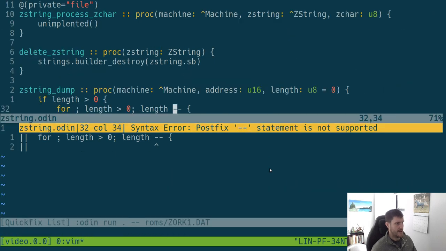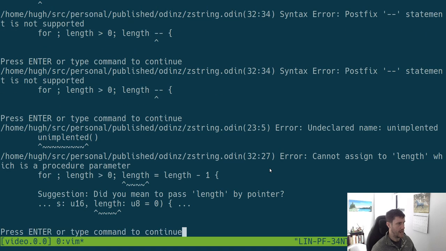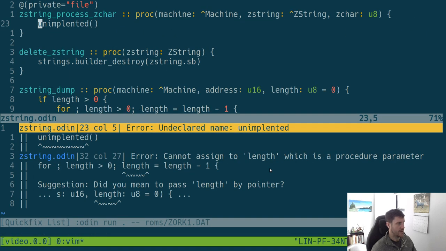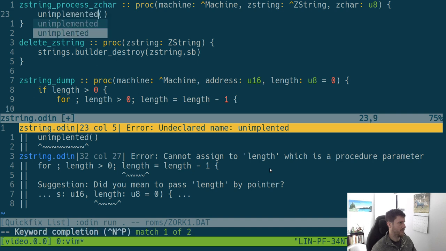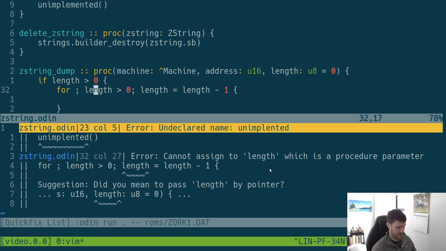Do this equal width -1 and that. Yeah, so we can't actually change length. Implemented, there's the word we wanted. Right, so